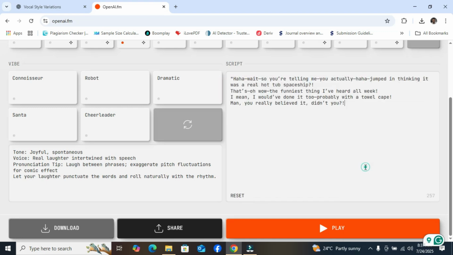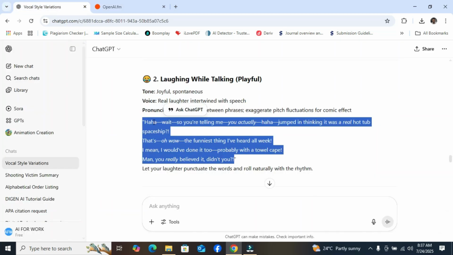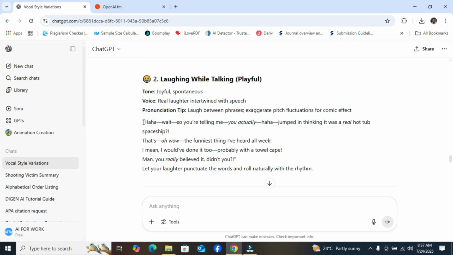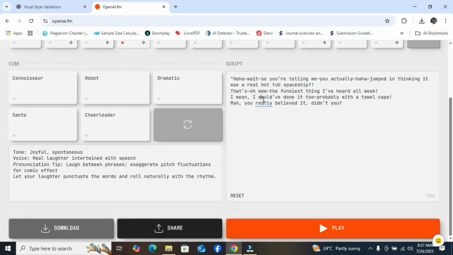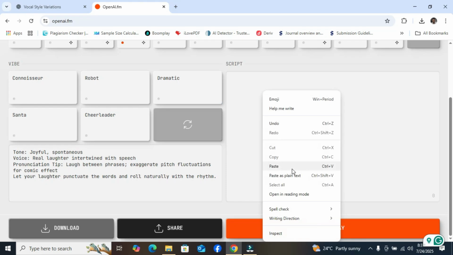Then we'll paste this. Let's see. Okay, I have to copy it very well. Let me delete and paste.